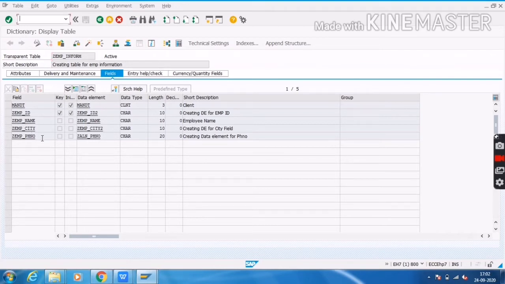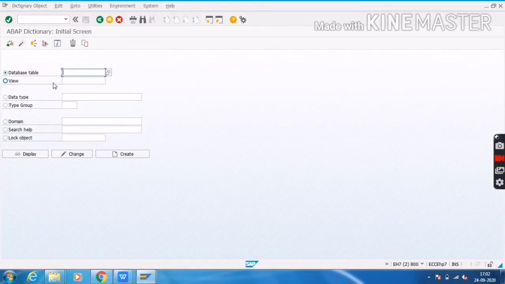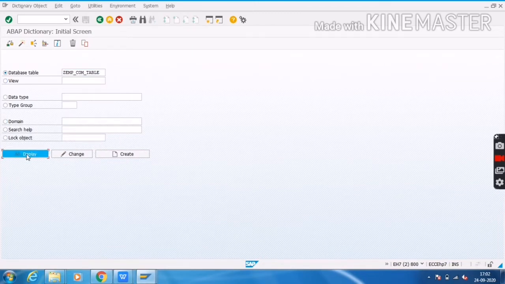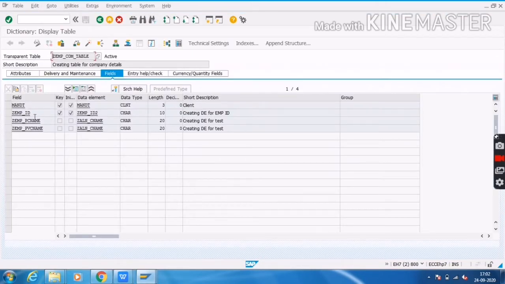Then I will open another table, my second table. Here there is employee ID, PC name and PVC name. PC means present company name, PVC means previous company name. I am using these 2 tables inside the database view.